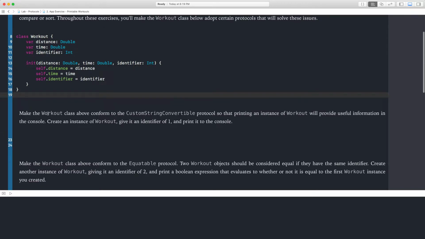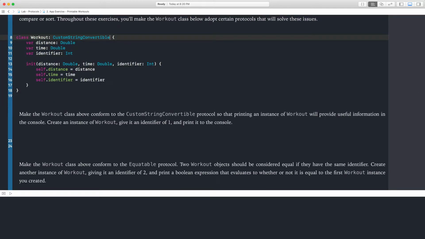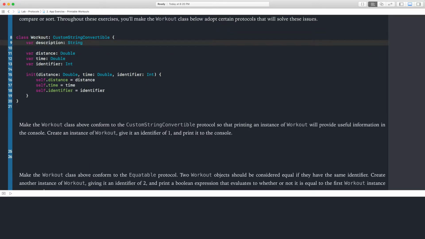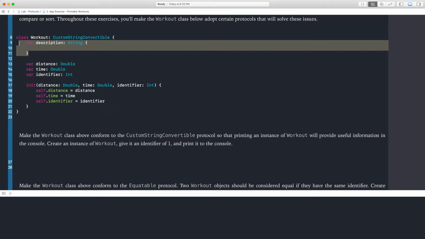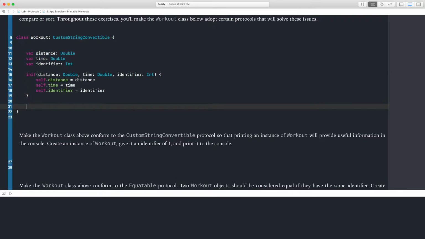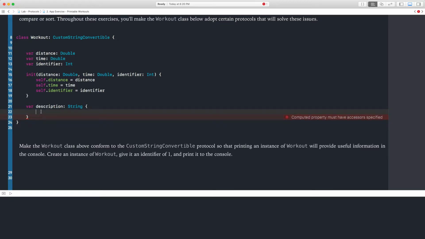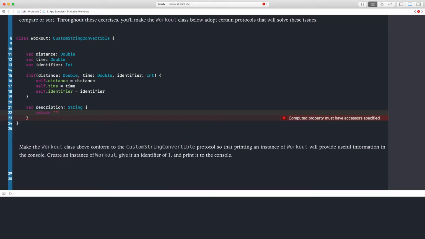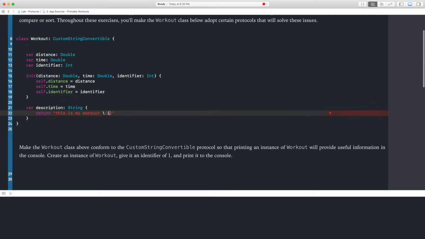The first thing that they want us to do is make the workout class above conform to the CustomStringConvertible. So we've already done all of this, but I guess we'll do it again just to make it easier. Again, it's going to throw an error. We need the stub. Essentially all it is, it's a string, right? And I'm going to cut this and put it after the initializer. How about that? Cool. And we're going to return a string, and we're going to return, this is my workout, and we're going to go the identifier,